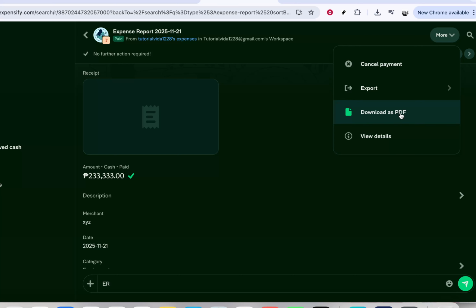If your goal is to simply save or share a clean copy of the report, look for the option that says Download as PDF. Click on Download as PDF, and your browser will either